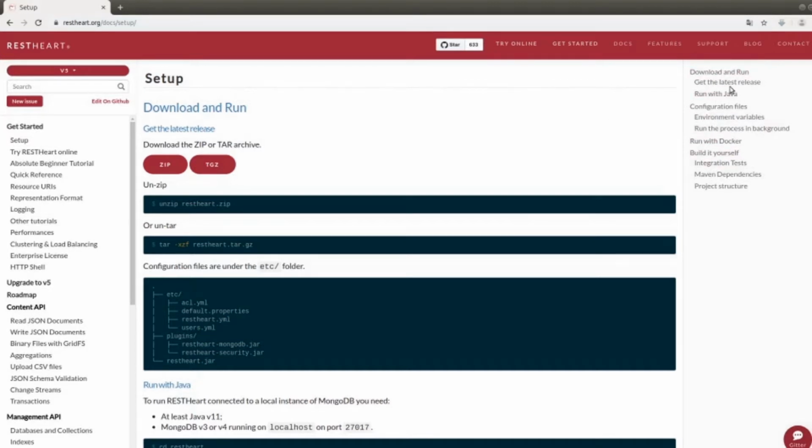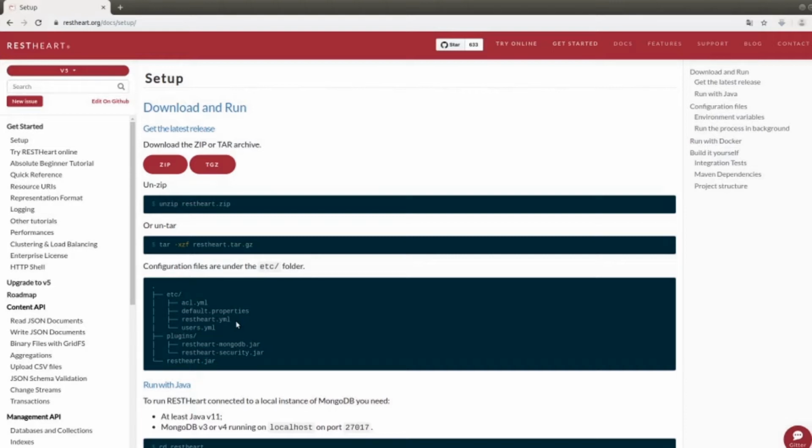The first one requires the use of a compiled code which we can find on the website and which we can download in the form of a compressed archive. We have the two links here. As we will see later, there is also the chance to use a Docker image. For experts, there is also a third option, which is to compile the source code. We will go through this first way quickly because we already saw it in more detail in the previous video. You can find the link in the description below.